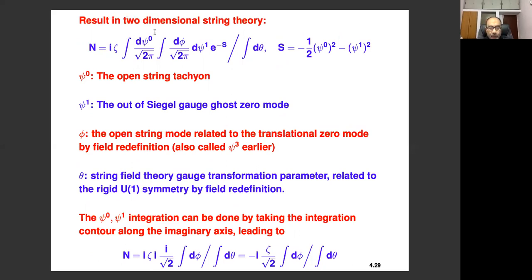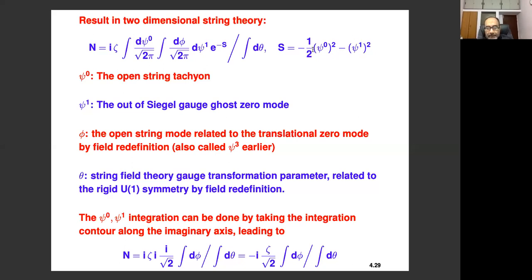The integrals that are left over are the integration over the tachyon, that's the psi 0, then the integration over the translational zero mode, the phi. Then the integration over the psi 1, this is the gauge unfixed form. There we saw that we have to introduce this mode psi 1 that multiplies C0 on the vacuum, weighted by 2 to the minus s, and then you divide by the volume of the gauge group, the integral over d theta. The action here depends on psi 0, the tachyonic mode. And if you remember, yesterday we also derived the action for the psi 1 mode, and that was given by minus psi 1 squared.